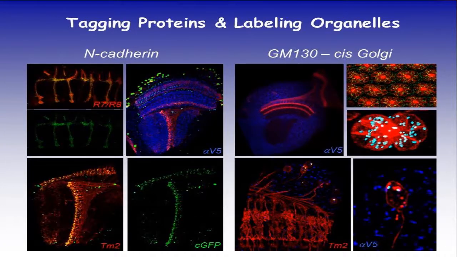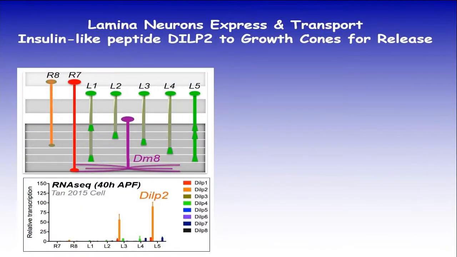And we can extend this method to other systems. For example, we label NK hearing, we label Golgi with GM130s, and applications could be quite extensive. So since we find the insulin receptor is actually localized on the dendrites, not really at the cell body to receive the signal, we wonder what are the source of the insulin or insulin-like peptides here.